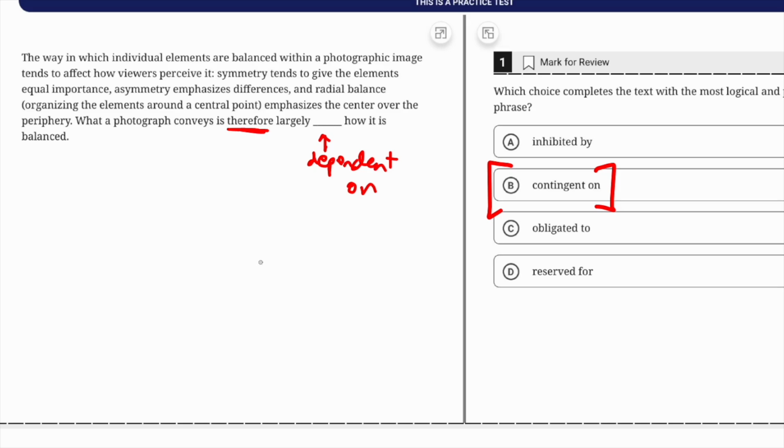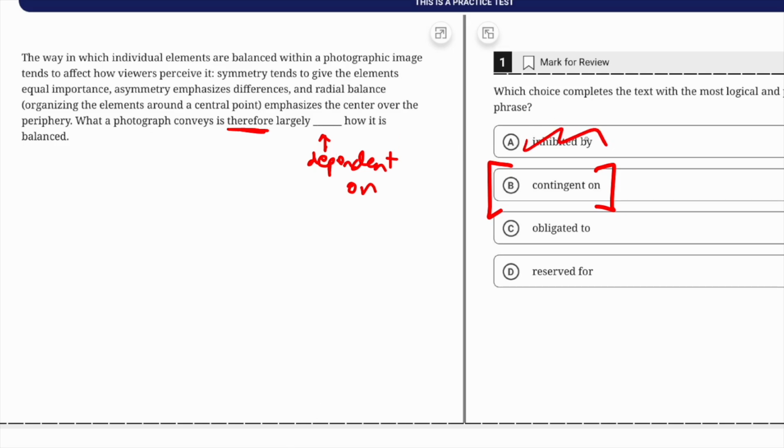Like if you have a contingency plan, that's like having a backup plan, a plan B. Now, if I were looking after an older relative, I wouldn't say that my grandmother is contingent on me. That wouldn't work. But we could say something like, our plans for the picnic are contingent on the weather. If it rains, we'll have to move the picnic, or something like that.